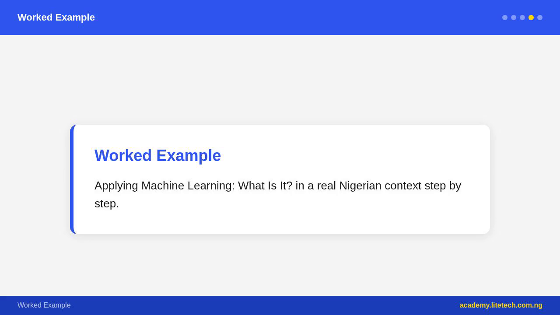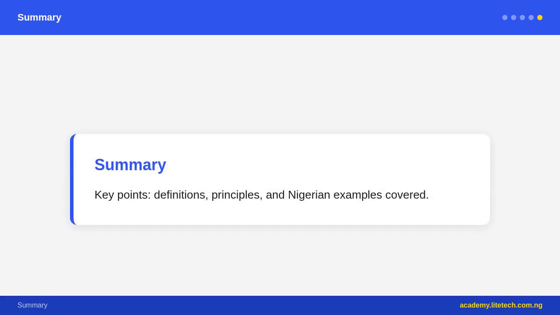Types of machine learning. Supervised learning: trained on labeled data, data where the correct answer, the label, is already known. Example, training an email spam filter using emails labeled spam or not spam. The model learns to predict the label for new unlabeled emails. Unsupervised learning: trained on unlabeled data, no correct answer given. The model finds hidden patterns or groupings on its own. Example, grouping customers with similar buying habits, clustering. Reinforcement learning: learns by trial and error. It receives rewards for correct actions and penalties for incorrect ones. Example, training a computer to play chess, it learns to make moves that lead to winning.